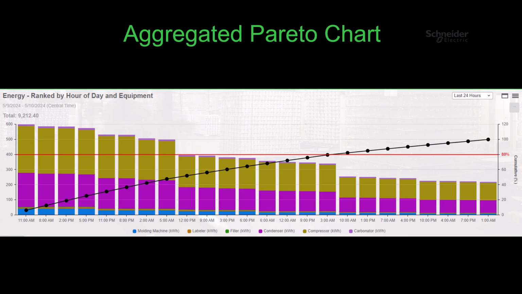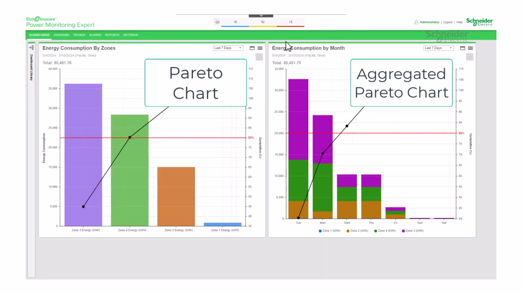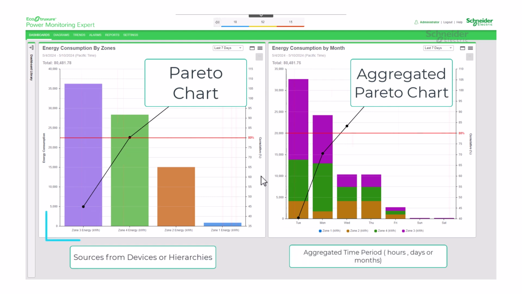Aggregated Pareto chart. The aggregated Pareto chart gadget closely resembles the Pareto chart we just discussed. However, its key difference lies in the presentation of data. First, let's examine the horizontal axis.